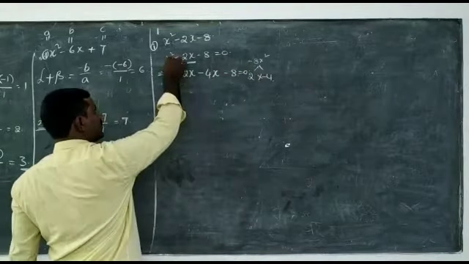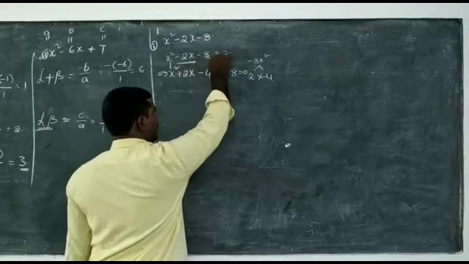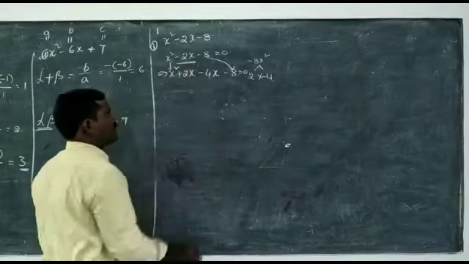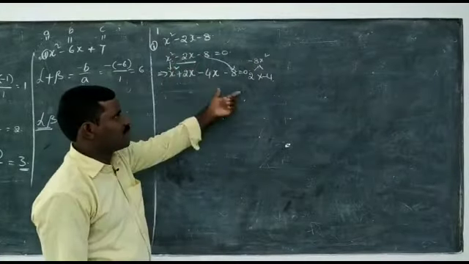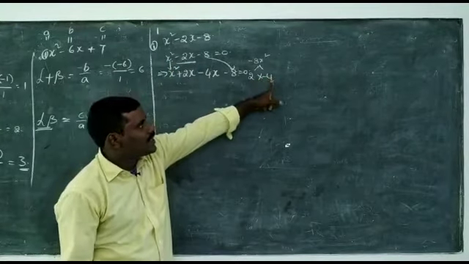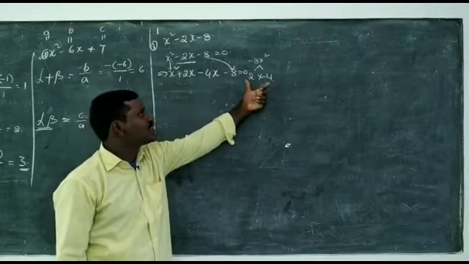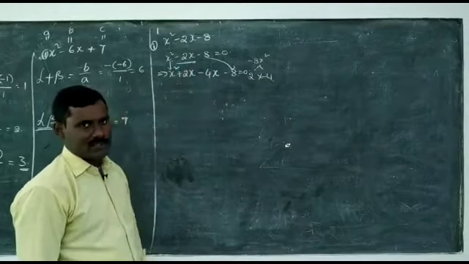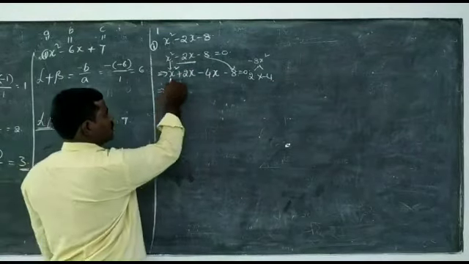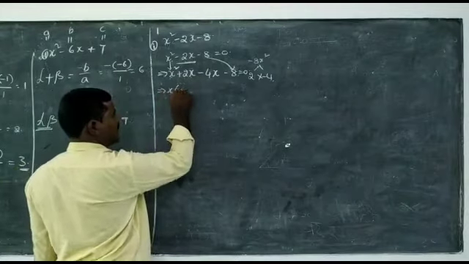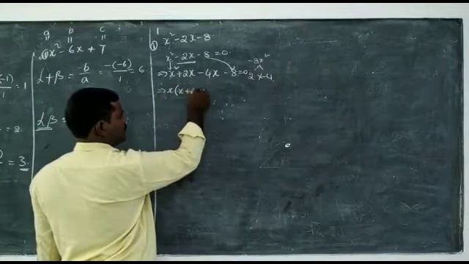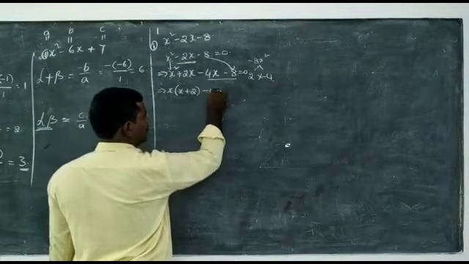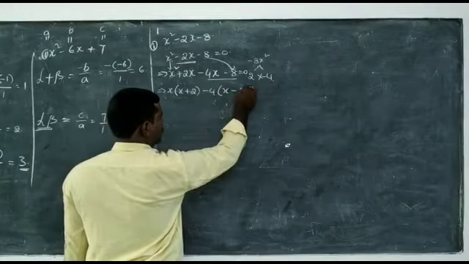See here, first one as it is and last one as it is, but minus 2x replaced by 2x plus minus 4x. 2 minus 4, it is minus 2. Now, in these two factors, we can take x plus 2 common. In these two, minus 4 is common, x plus 2.